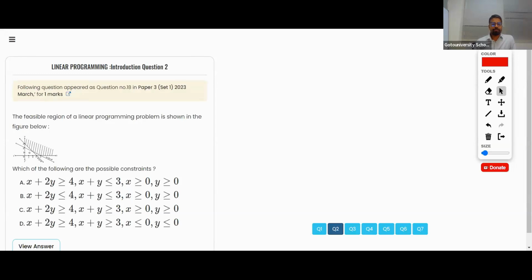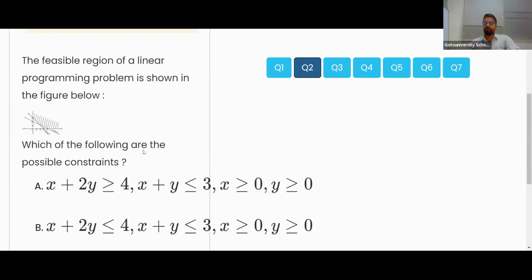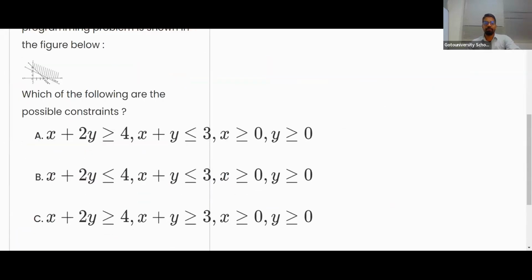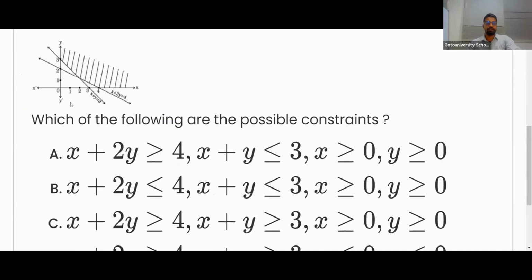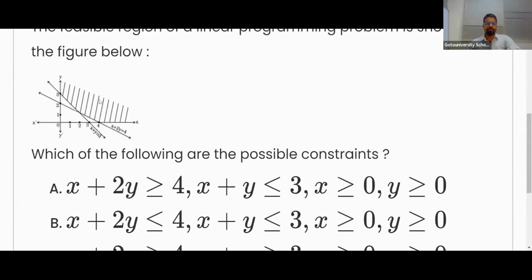Now, the question is the feasible region of a given linear programming problem. Let's first zoom it out and observe. Hope this is clearly visible now. So this is the region. Now what we have here is